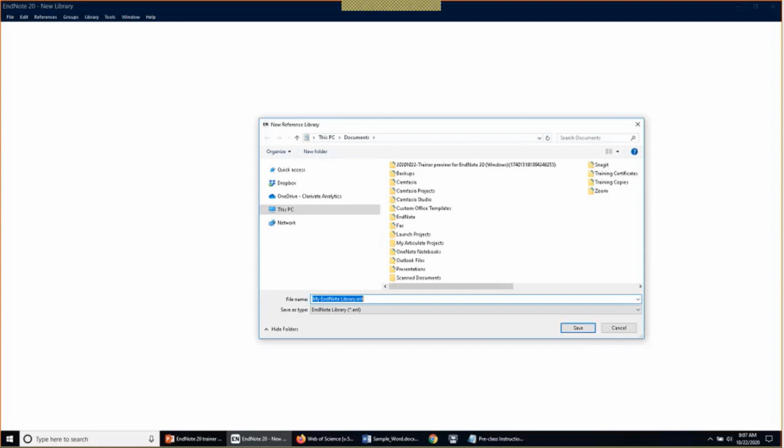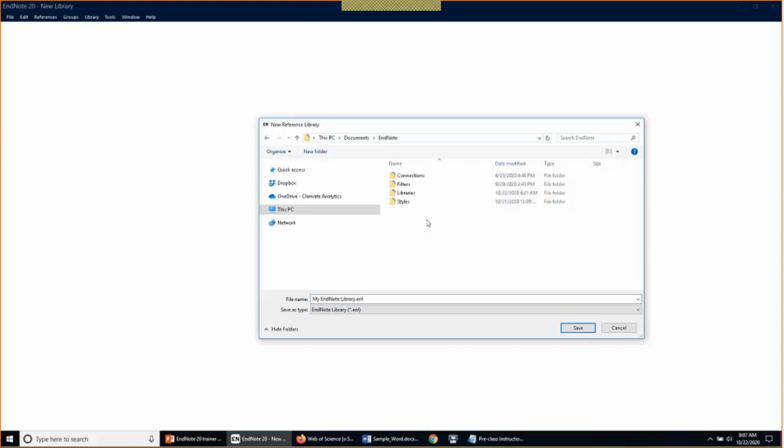You can see that EndNote has taken me to my Documents folder. I've created an EndNote folder in Documents just to help keep things organized. If I go into that EndNote folder, we see a series of subfolders. I've created a Libraries folder in here, again, just to keep things organized for myself. I'm going to navigate into Libraries. The default name that EndNote recommends for a library is My EndNote Library, and that name is perfectly fine, but